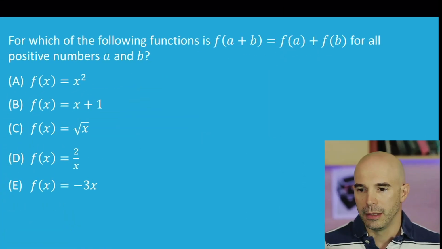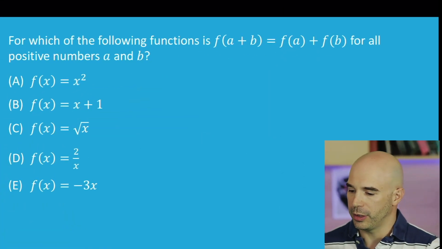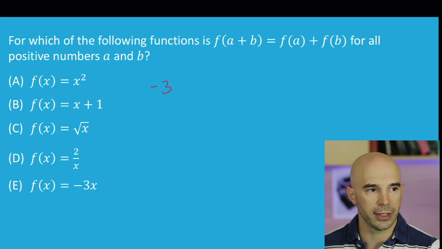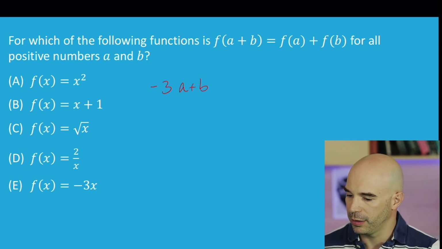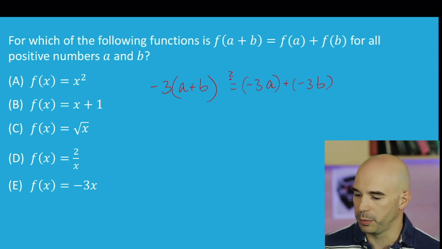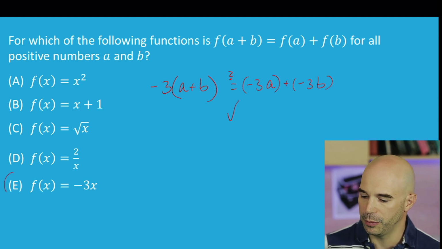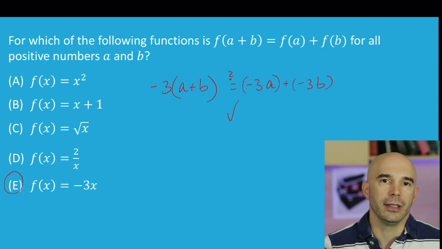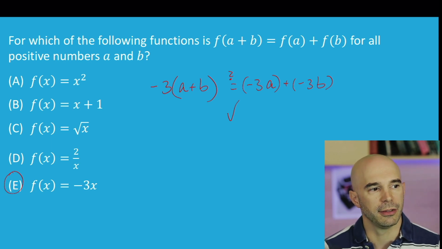I think if you can at least intuitively lean into answer choice E, and then maybe you still need to prove it to yourself, and that's okay, but at least if you can start with that one, because it seems like the distributive property would work there, then you can test it in the following way. You could say, okay, for answer choice E, we have -3 times (A plus B) versus negative 3 times A plus negative 3 times B. And you ask yourself, are these two sides equal? And you'll pretty soon see that, yes, they are. And then you can pick E. So if at least intuitively you can lean into answer choice E and start with that one, then you can save yourself a lot of time.